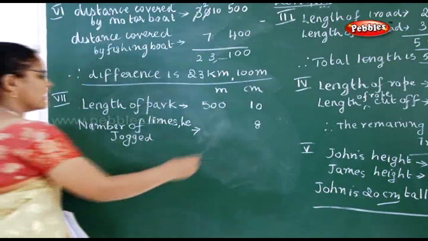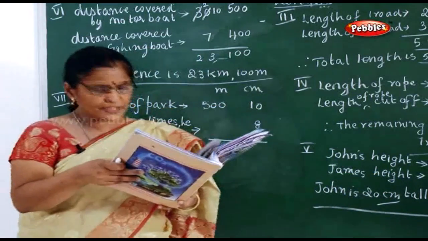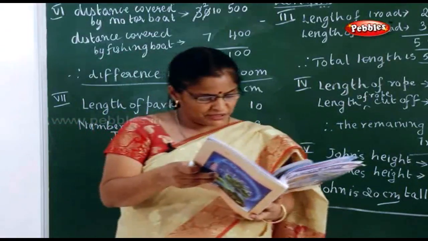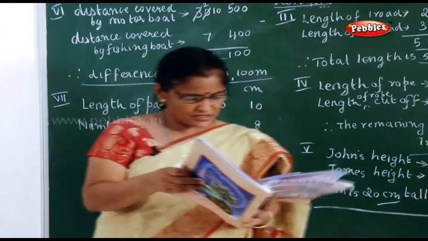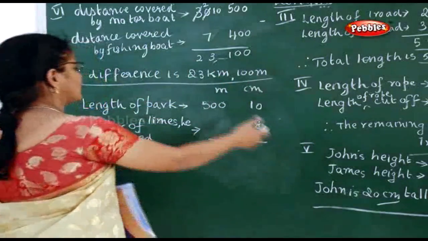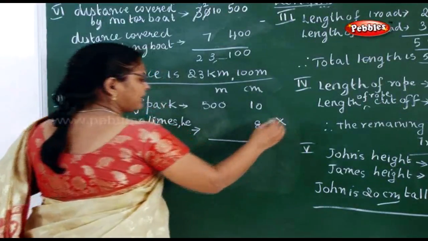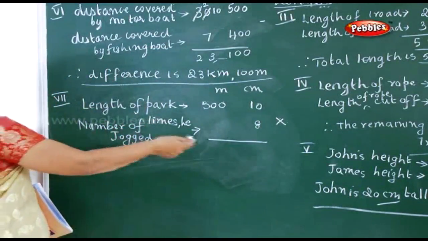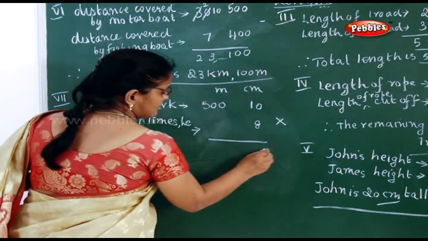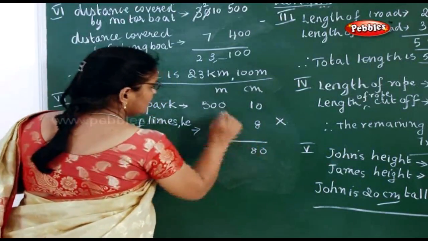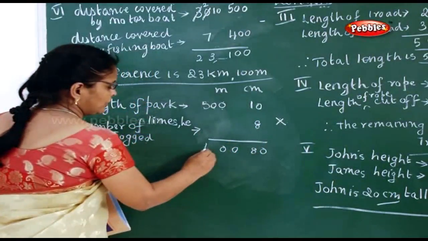Now, what is the question they have asked? Now, just read once again. Somnath jogged 8 times around the park, that is a 500 meter and 10 centimeter long path. So, what was the total distance jogged by him? So, 8 times when we jog, you have to find out the total distance. So immediately you have to multiply, because 8 times he jogged 500 meter and 10 centimeter. 0 8s are 0, 1 8s are 8, 0 8s are 0, 0 8s are 0, 5 8s are 40.